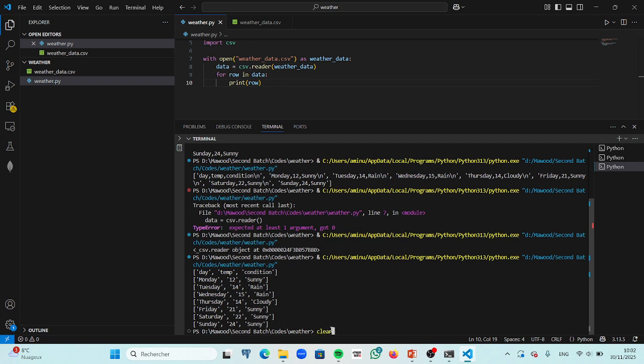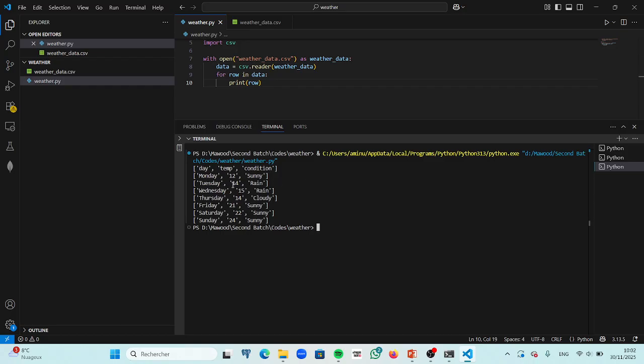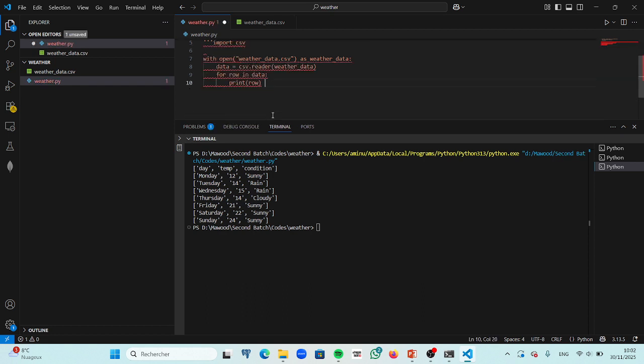In Python file, you can extract much insightful and valuable data with your Python file. Okay, for example, for day we have Monday, Tuesday and Sunday, and for temperature we have this value, temperature degree, and for condition we can see sunny and cloudy, something like that. So this is another way that you use CSV library to work with CSV data, to extract data from CSV file. Okay,